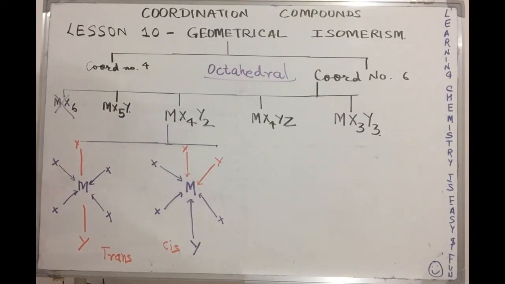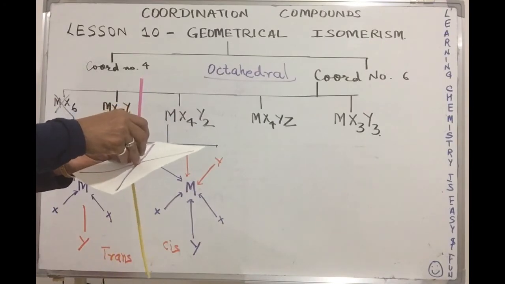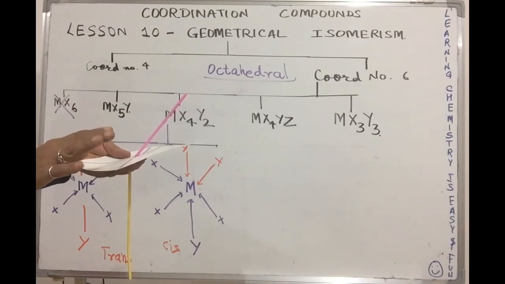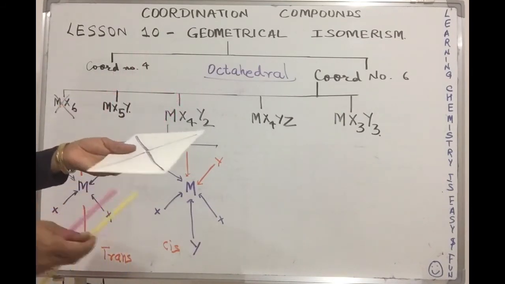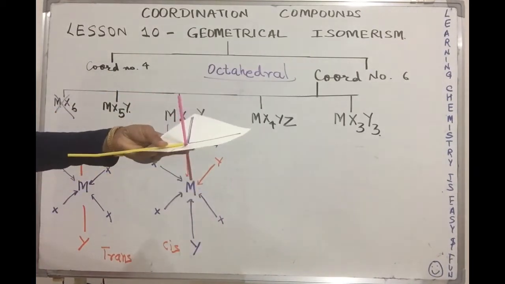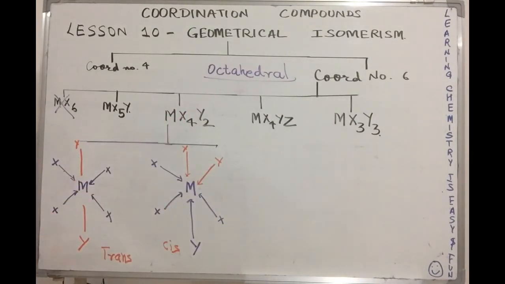MX5Y, again, we've got one ligand as different. So let's suppose I have one ligand as different, right? With respect to all the others, it is the same, correct? Whether I put it here or whether it occupies a position over here, the 2 other ligands are occupying the top and the bottom position, right? So again, it does not show geometrical isomerism. Oh wow, that leaves us some space on the board, right? Otherwise it would have been too much to handle. Let's go on to